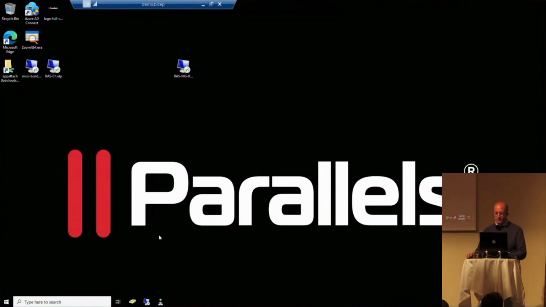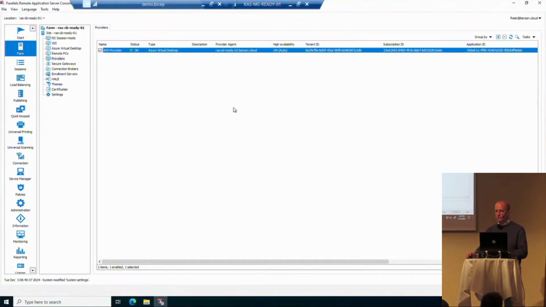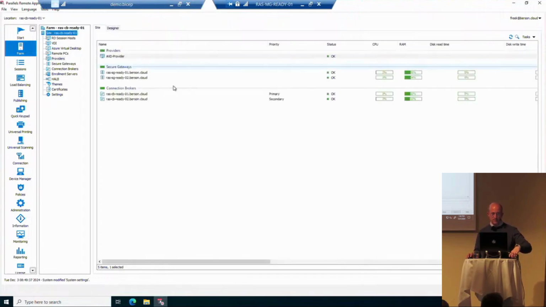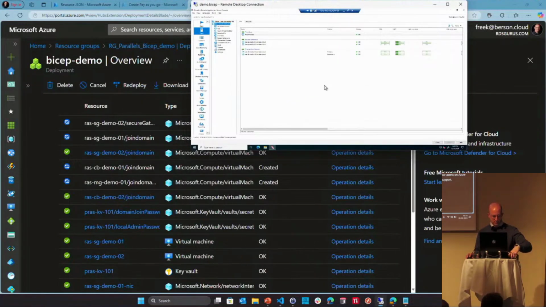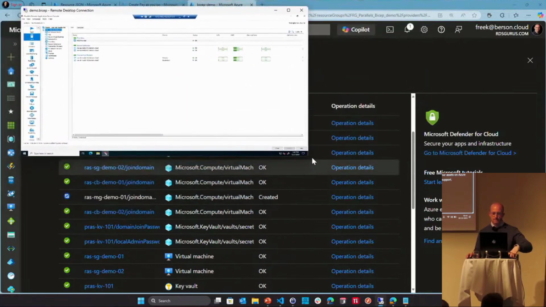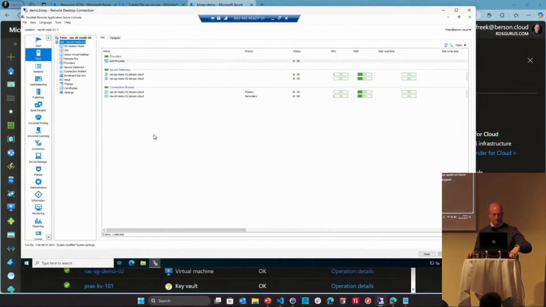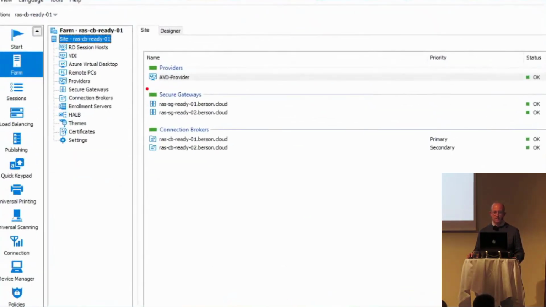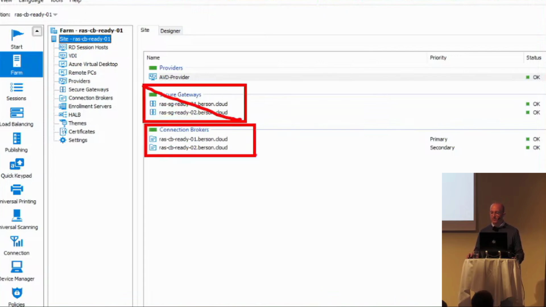Let me switch to the full deployment and take a look at it from a Parallels RAS console. For those of you who joined the session that Louis did yesterday, you probably recognize this. Just want to highlight what exactly it deploys. Let me just zoom that in a little bit. Okay. So what it did deploy is the number of secure gateways that I selected, the number of connection broker servers,